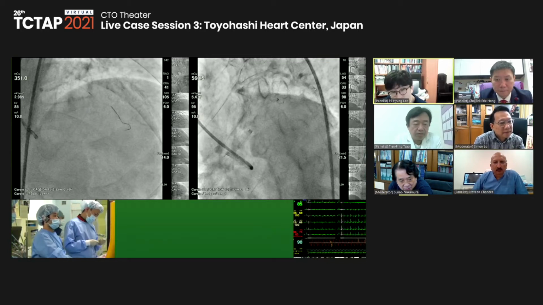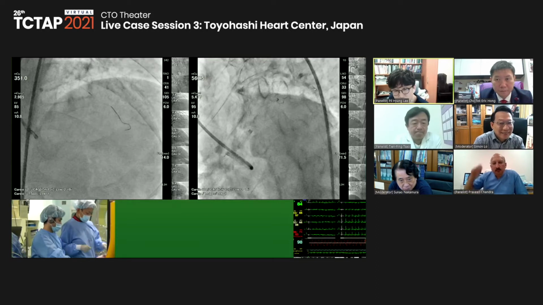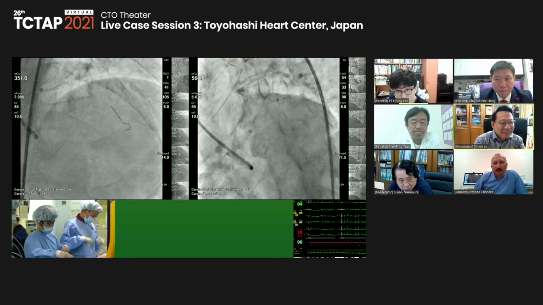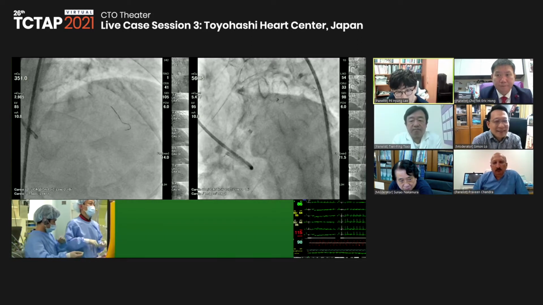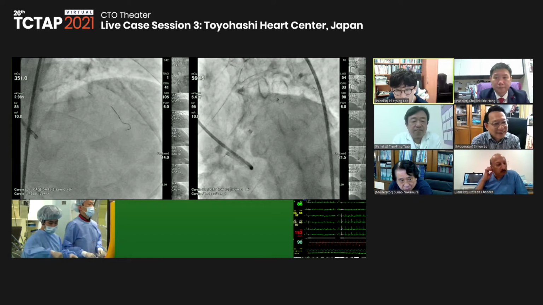Well, I suspect that the starting point of the micro channel is quite tricky. The angle is not favorable, so it will be quite hard to wire it. At least Dr. Nasu will do it, I think.